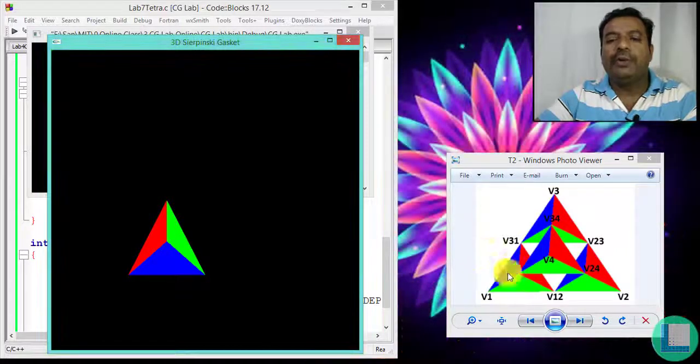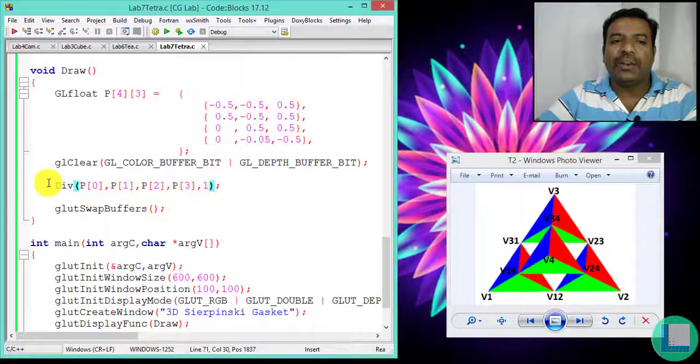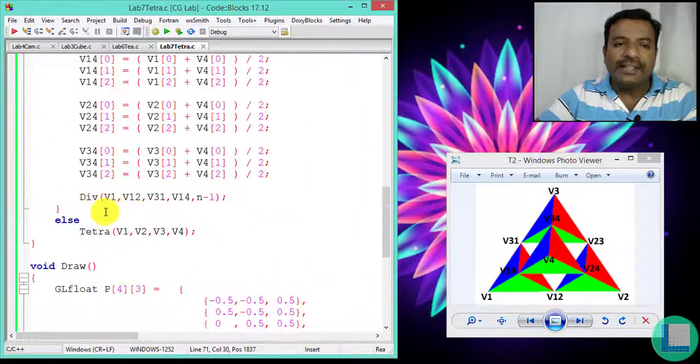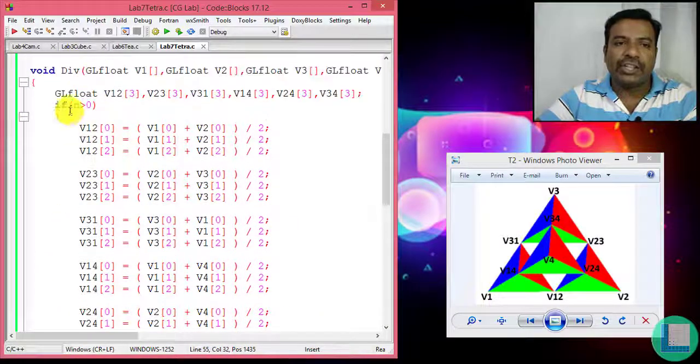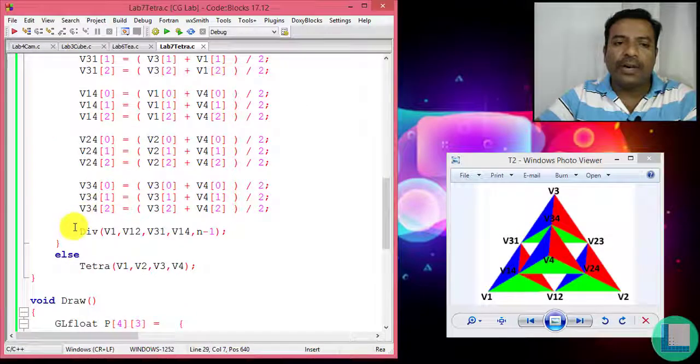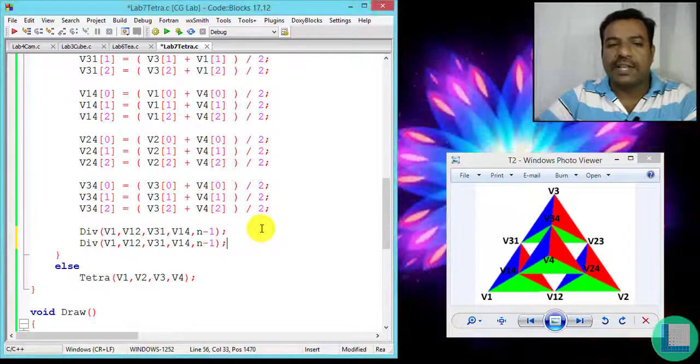Now if I want to display the second tetrahedron also, then in this recursive if condition statement, when the condition is true and I divide the point, I'm going to call the recursive function for the division a second time.